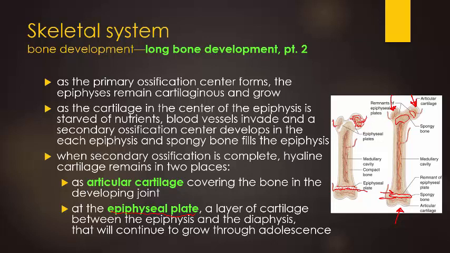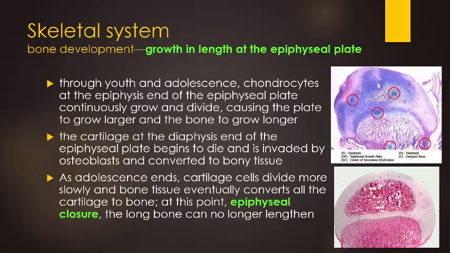So then the way that the bone keeps getting longer is because we have this region of proliferation of cartilage that is sending tissue this direction, and as it makes its way in this direction, it will be converted to bone. And so as long as we have cartilage here, then long bones will keep growing in length, keep getting longer and longer, as long as there's cartilage there at the epiphyses,